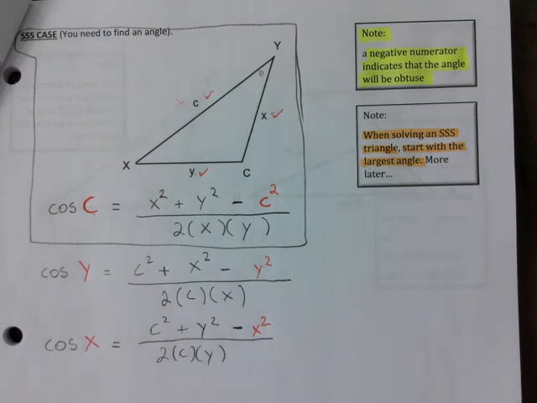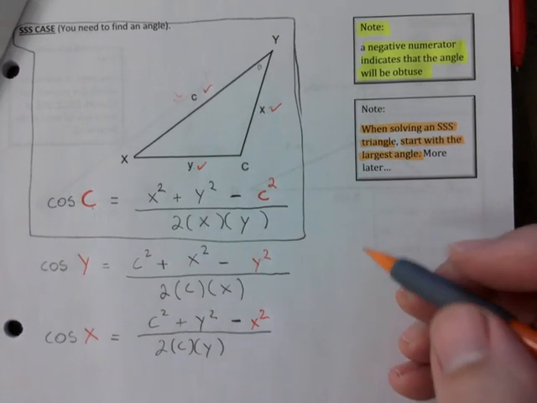Let's see if you're awake. How would you know what the largest angle is in a triangle? Where would it be located? Look for the largest side, longest side, and across from the longest side, that's where your largest angle will be located. Okay, so